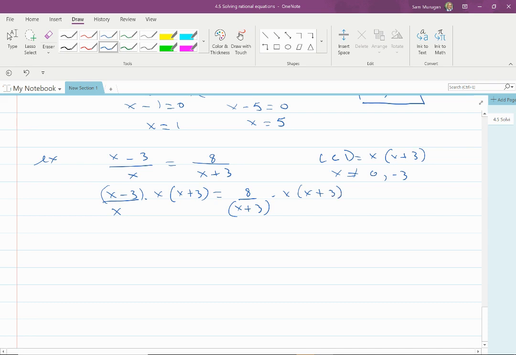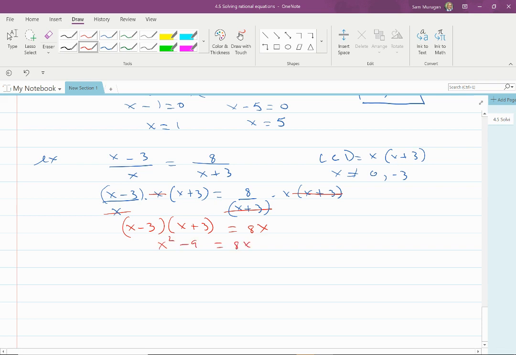Everything gets multiplied by the LCD, cancel out as necessary, and we're left with x minus 3 times x plus 3 is equal to 8x. Recognize that this is a difference of squares, so this is x squared minus 9 is equal to